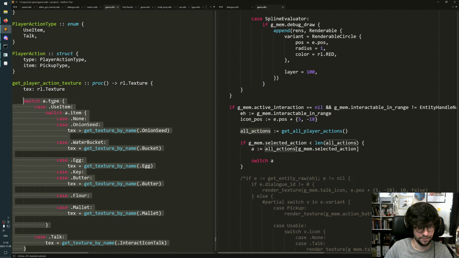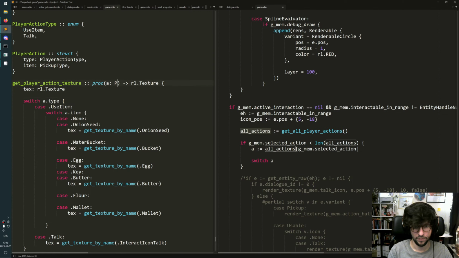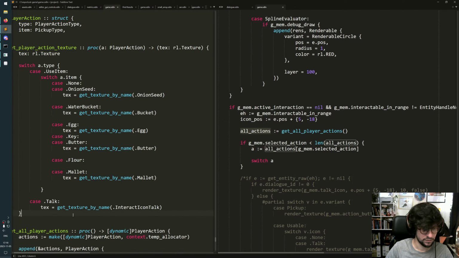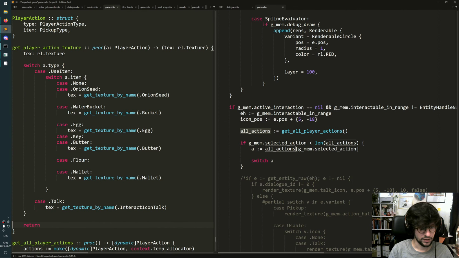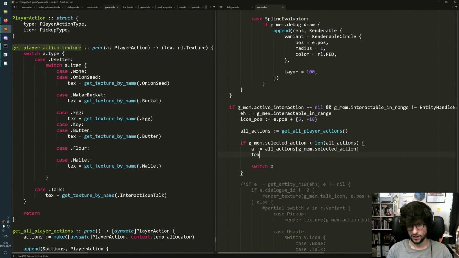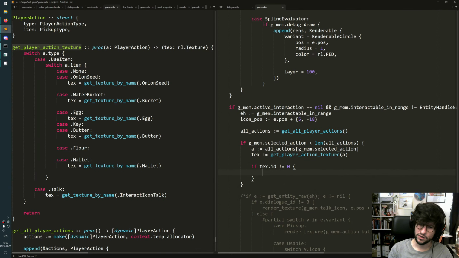Now paste that in there, and we say like that. Can make this a named return value. Then we return that. So then this does not need to happen. Then we can say the texture is texture for that one. And if the ID of the texture is not 0, which means that this actually fetched a valid texture,